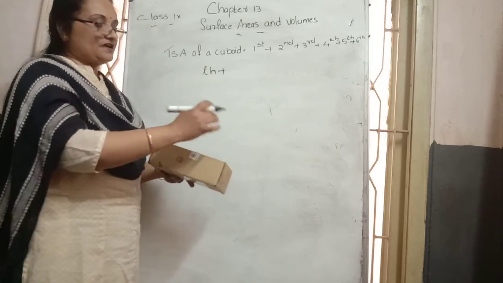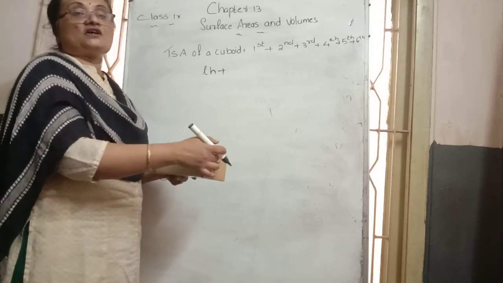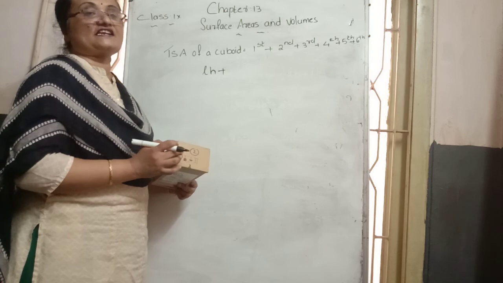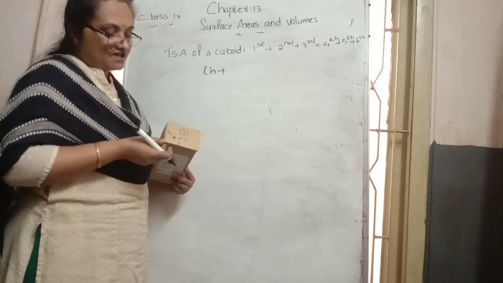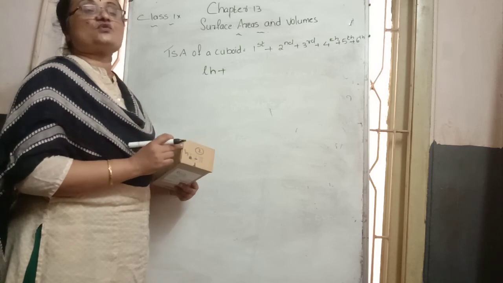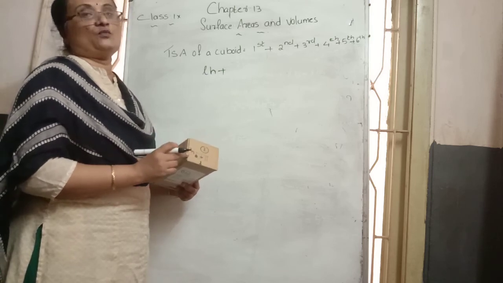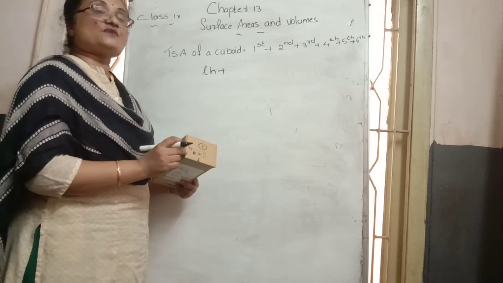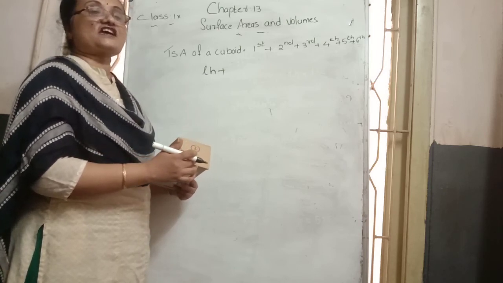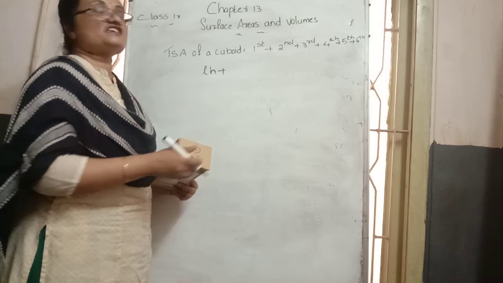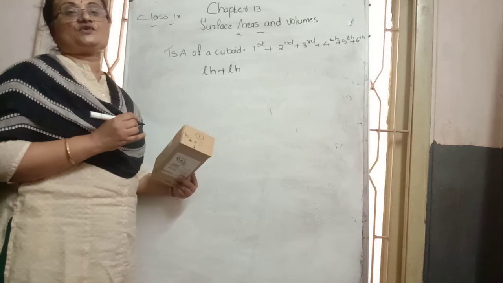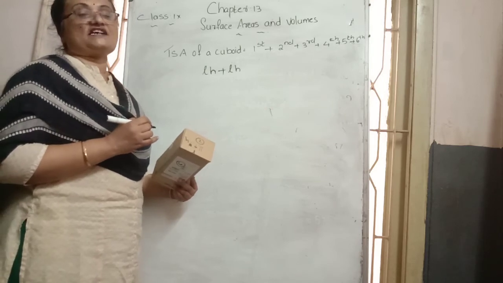Then the first face's opposite rectangle is this one. That's why we mark it as the second rectangle. In the second rectangle case also, the length is L, and the breadth is equal to the height of this cuboid. How do we find the area of this second rectangle? Length into breadth. Here the length is L, and the breadth is the height of the cuboid, so H is the breadth of that face.